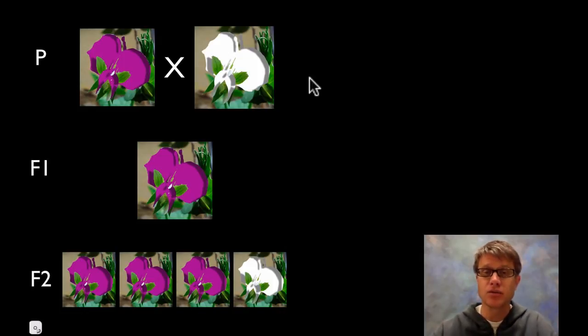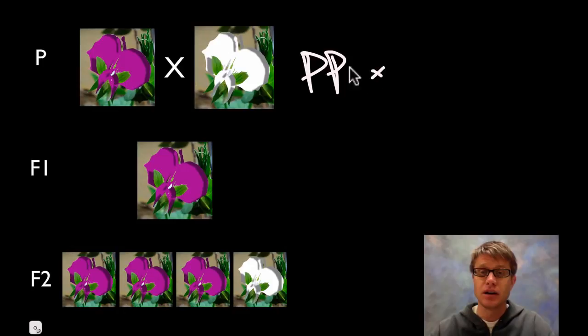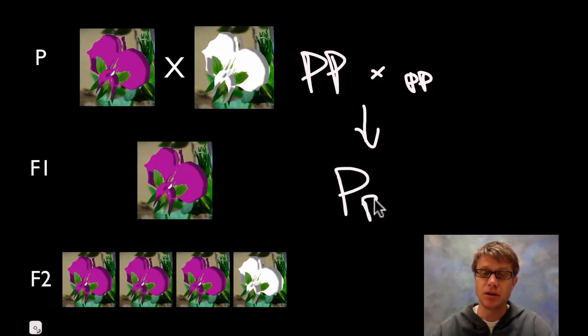If we were to write out how this works, and this is how he figured it out, the purple here would be big P, homozygous dominant. The whites are going to be little p. And so if you think about it, if we cross these two, all of this generation is going to be big P, little p. And then if I cross this with itself, we could do a Punnett square, but basically